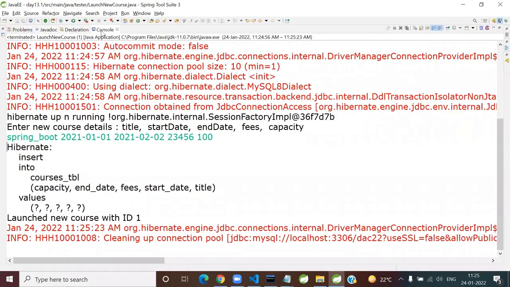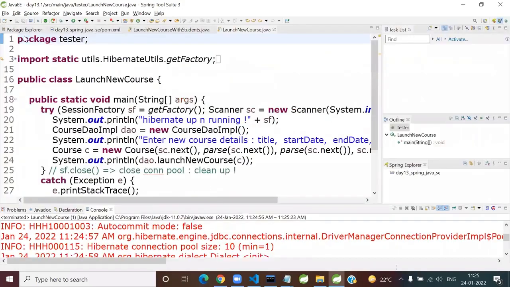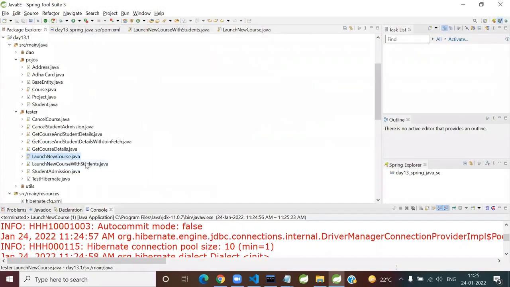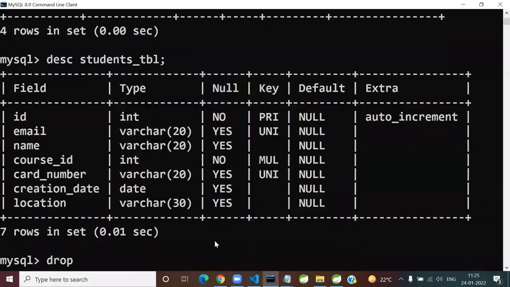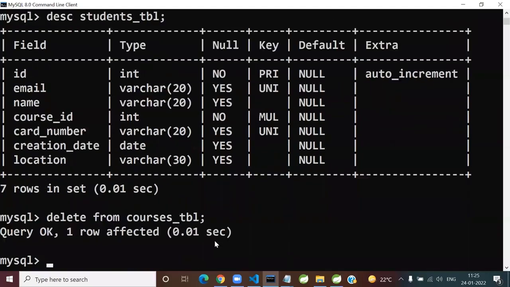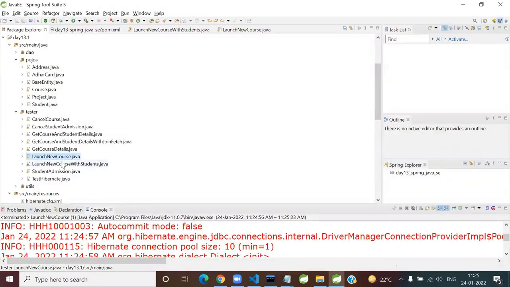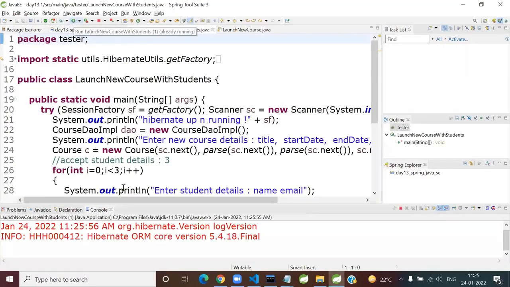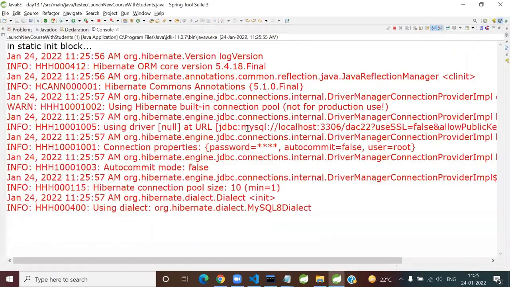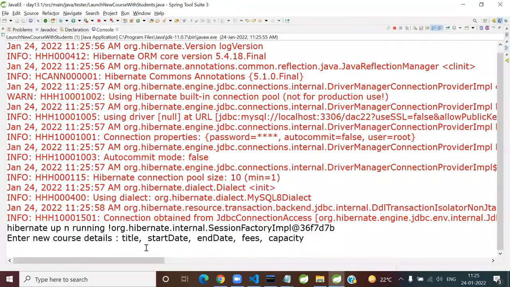let me add the students to it. Oh, actually, I should have. What I'll do is I'll delete that. I want to do that cascading thing. So in one shot, it will get. So I'm running the other one, launch new course with student details. So I don't have to run two testers or multiple times tester. Yeah, so